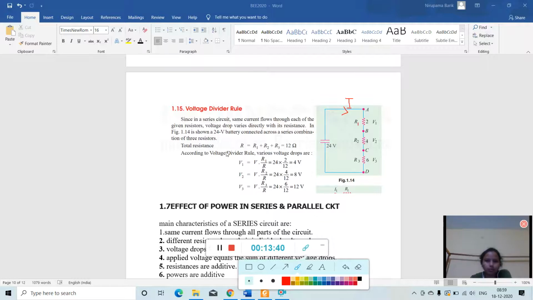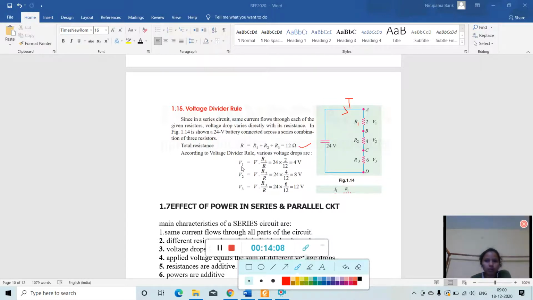Okay, so see, in this figure a 24 volt battery is connected across a series combination of three resistors, and here the total resistance R is equal to R1 plus R2 plus R3. The values given are 2, 4, 6. So 2 plus 4 plus 6 is equal to 12 ohm. Already I told you ohm is the unit of resistance. So according to the voltage divider rule,